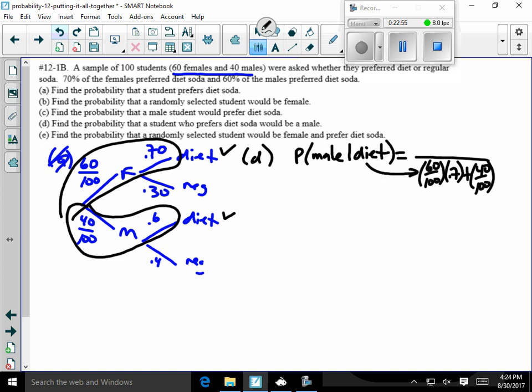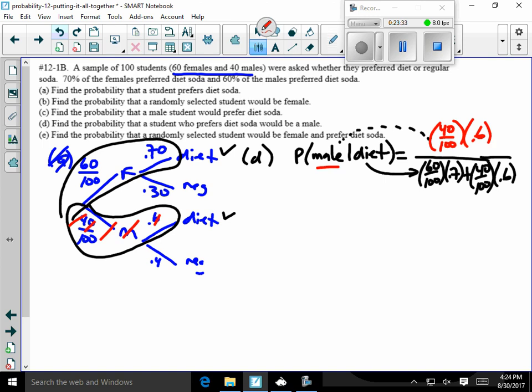There's a 40% chance of being a male, and then there's a 60% chance that if you are a male that you like diet. So I'm representing diet, but I'm not using counts, I'm using probabilities. And that's okay as long as I'm consistent, and I'm going to use probabilities on the top too. So the numerator of the fraction, we're going to stay within that conditional sample space that I've outlined there in black, but we're going to ask which ones are in the event of being a male. And that's only this particular path down here. So that one path, which was 40 out of 100 times 0.6,